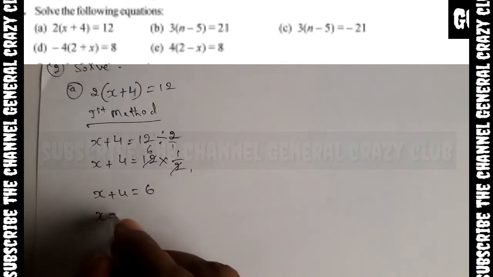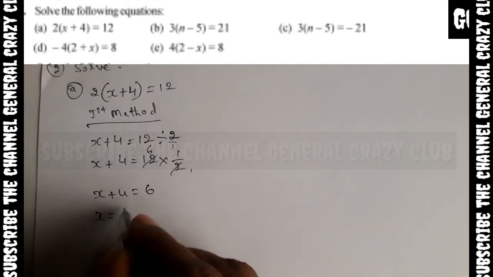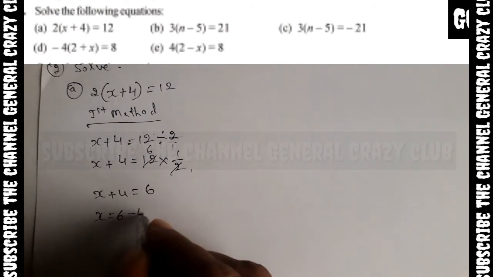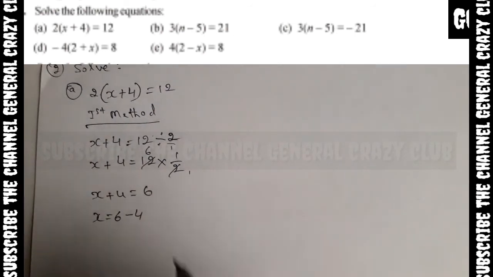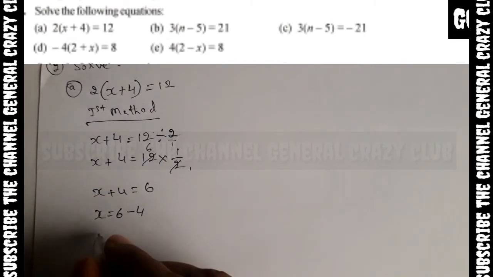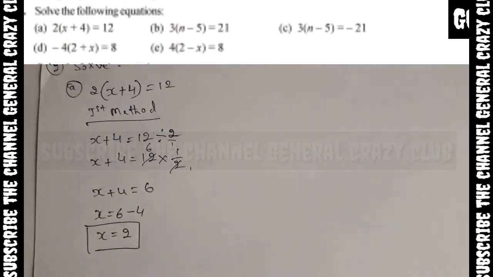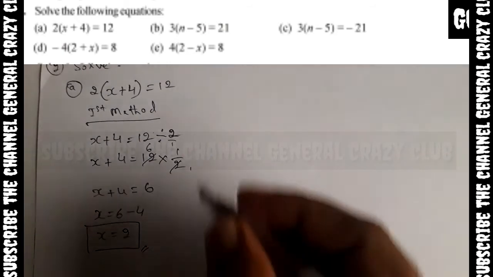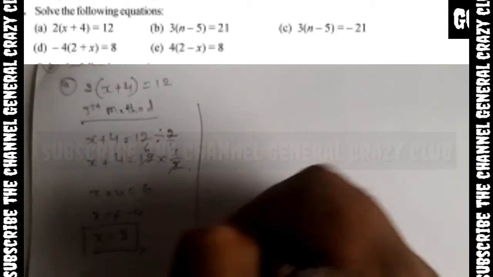After that, x is equal to, 4 is transposing here, 6 minus 4. It is coming LHS to RHS as minus 4. x is equal to 2. x is equal to 2. That is the first method. Second method,